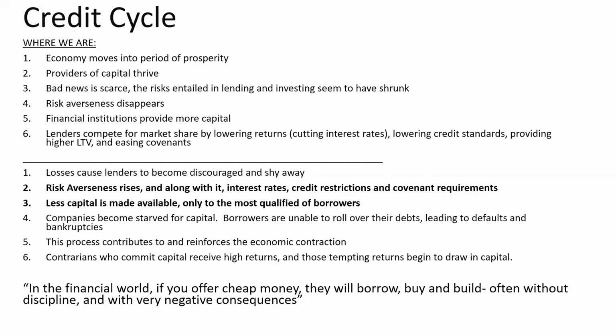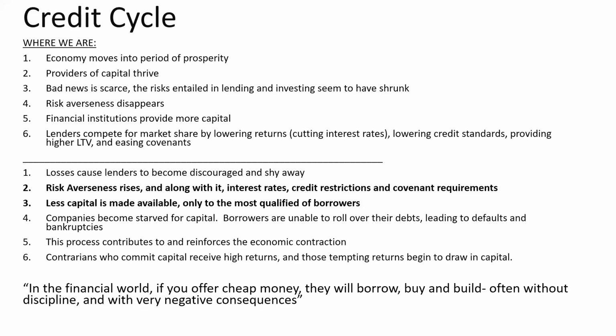So I would say, number 4, number 5 on the top, where financial institutions are providing more capital, is probably 2014, 15, 16. And then number 6, lenders competing for market share. I would say that's probably the last 2-3 years where Fannie and Freddie are giving more IO, they're giving more leverage, they're giving bridge loans, they're giving 80% loan to cost. And that all essentially shut off mid-March.